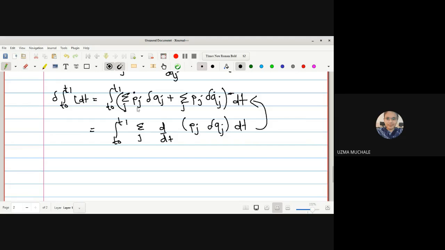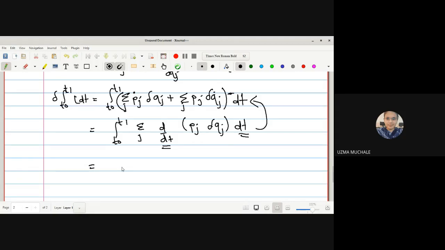this will be the derivative of the first term, that is Pj dot at that time delta Qj as it is, correct? So we got the first term, plus Pj as it is, times the derivative of delta Qj, that is Qj dot, with respect to t we are finding now. Are you getting me? What is the adjustment done here? Yes, ma'am. So now here we can see the integration is with respect to t, and the derivative is also with respect to t. Now we can write the above equation as,